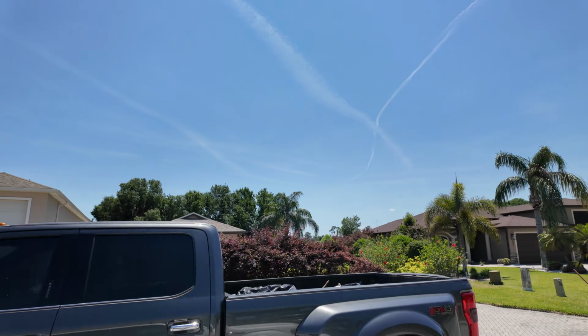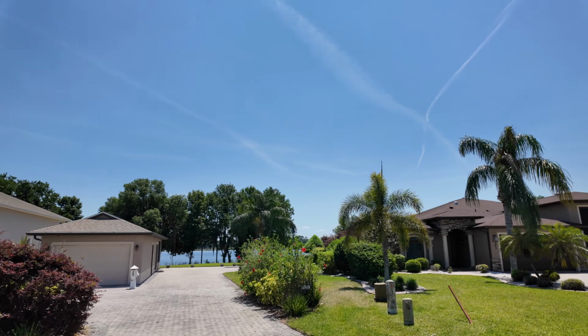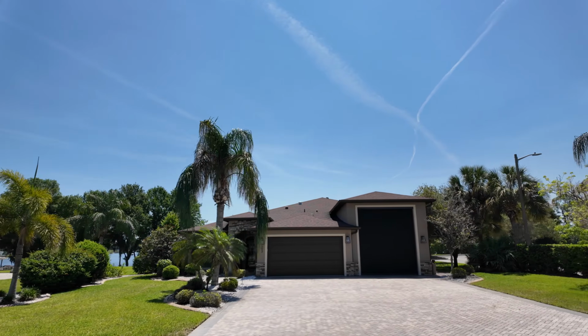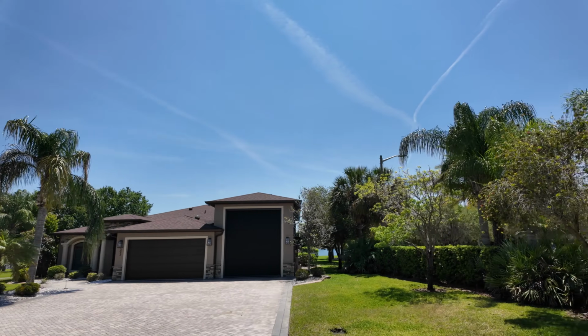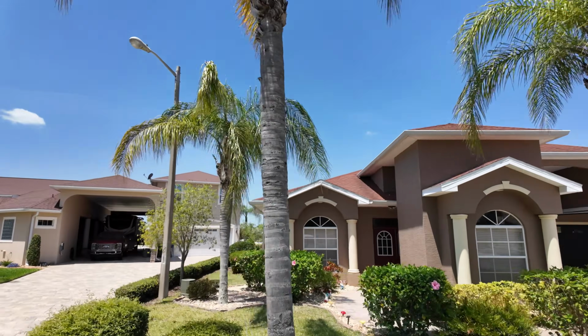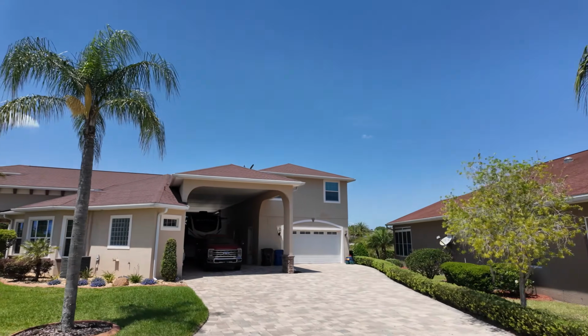This one is another example of where you can just park and have a little cottage. There's another beautiful 2-car garage with the RV port. I like that style there. That's real pretty. But they're all in here like that. So, I'm sure these people plan trips. They have an active